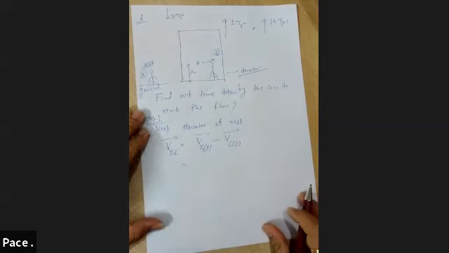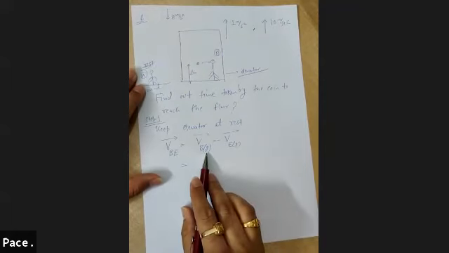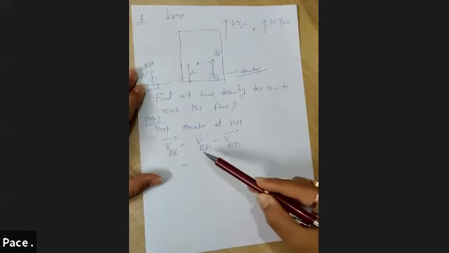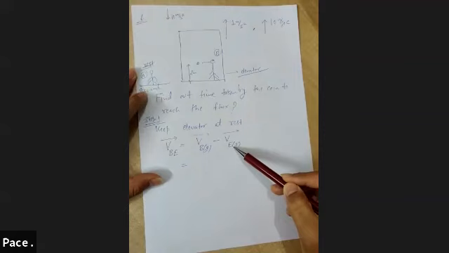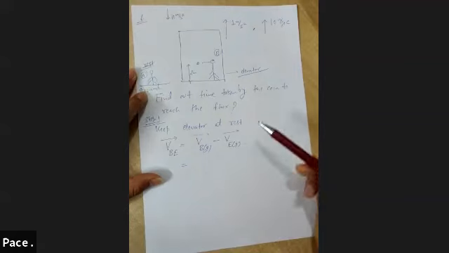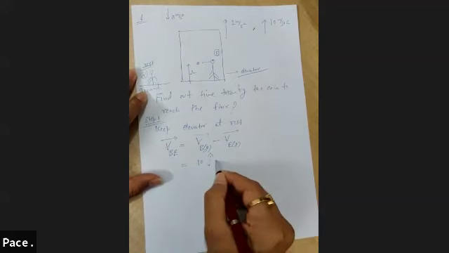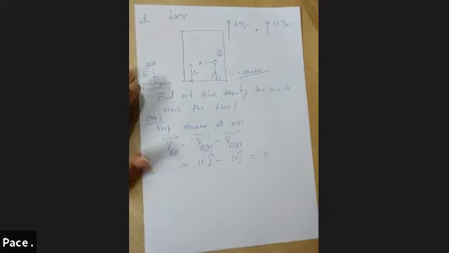Now I will go to this man A and ask, what is the velocity of B with respect to ground when the coin was released? He will say that both man B and the elevator with respect to ground have the velocity 10 meter per second in the upward direction. So this would be 10 j cap minus 10 j cap. This comes out to be 0. So there is no relative velocity.